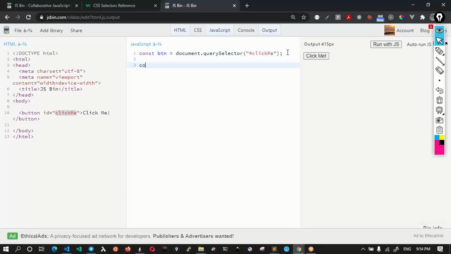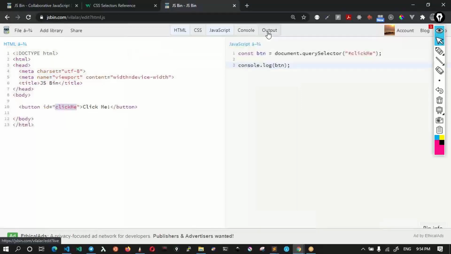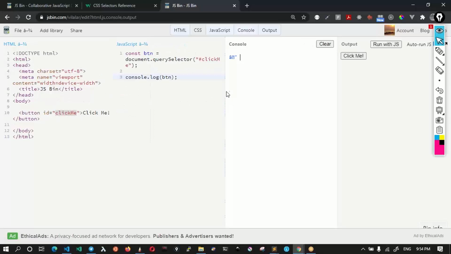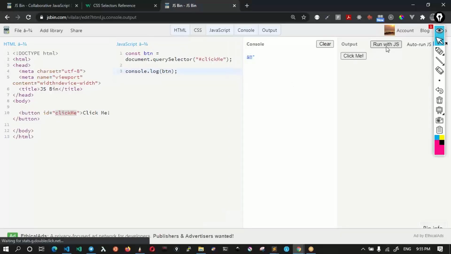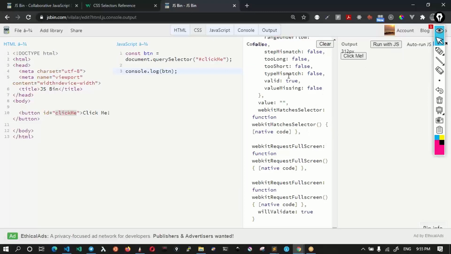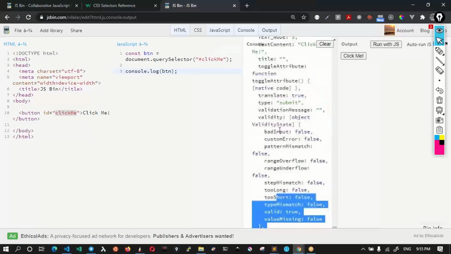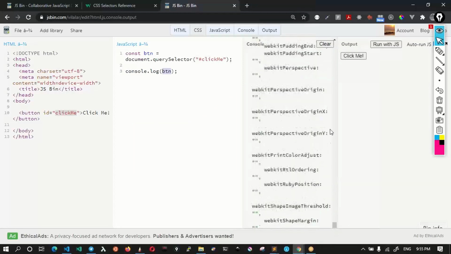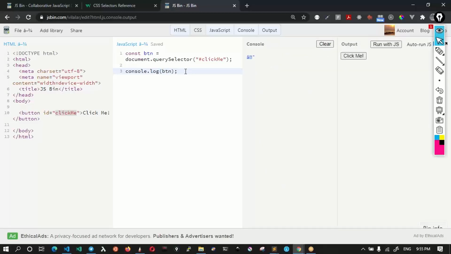So now at this point in time, if I try to log this button in the console window, you will see that this DOM element is currently available and selected as well, right? So when I run this, you can see this entire code getting logged, which is nothing but the button element. Now this button is a valid HTML DOM element, right? And once you have this DOM element, you can use any of these additional DOM methods to add events to it. Okay, let me just clear this console window.